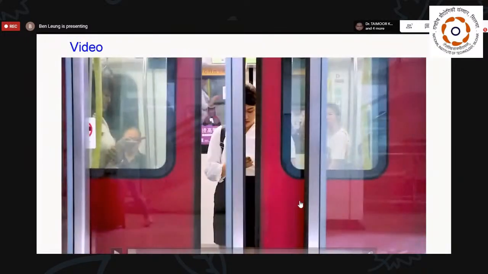Okay. Before we proceed, let me briefly tell you the story. Now, this girl is using a mobile phone, and she used the data to communicate with her boyfriend. And unfortunately, she used up the data of her mobile phone plan. And therefore, in this mass transit railway, she failed to communicate with her boyfriend. And then she returned home and used Wi-Fi to communicate with her boyfriend. And then let's see what happened.